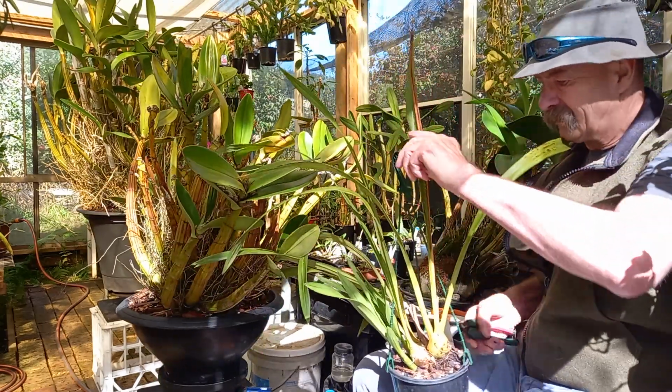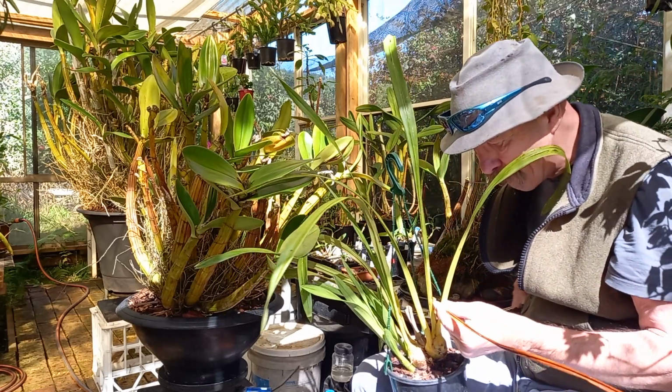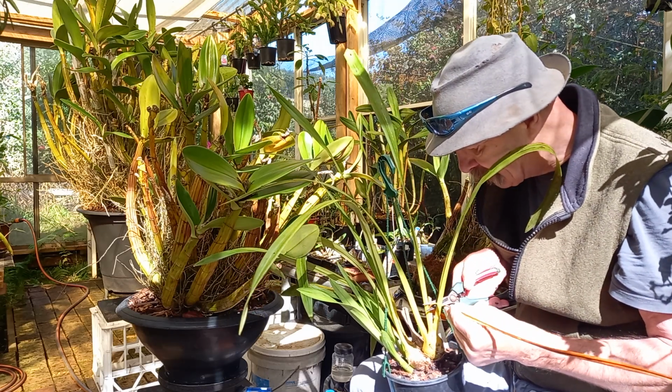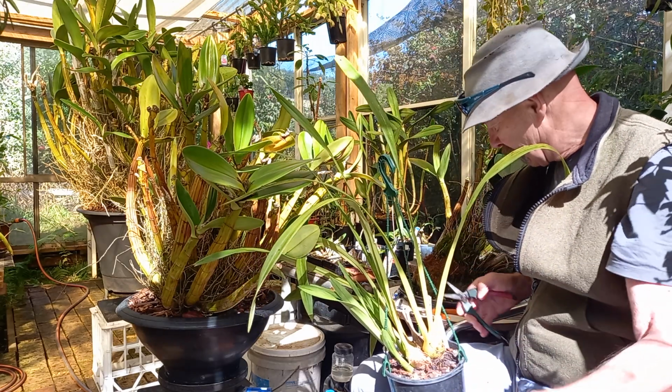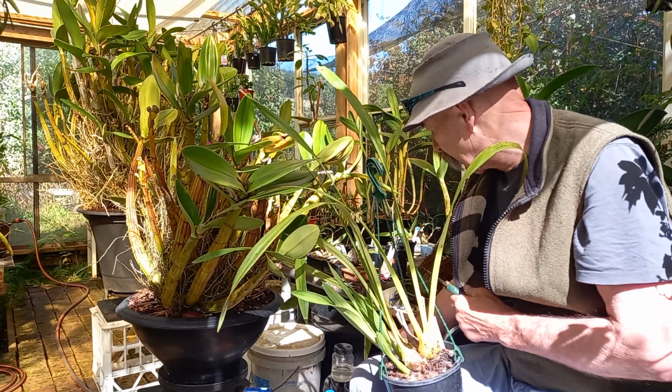Come around here, look for any dead stems. Most of these times, oh, a bonus! No wonder that one died off. Scale. And then, because I've cut one orchid,